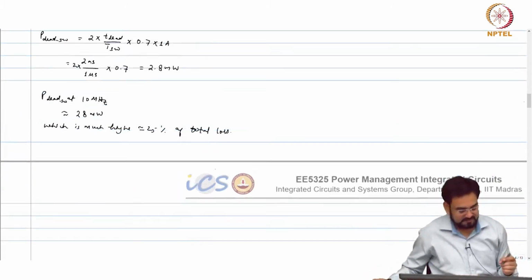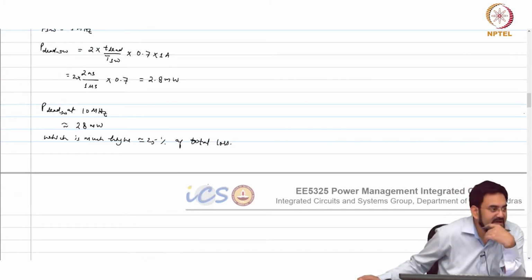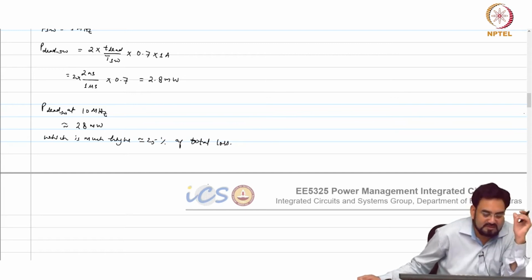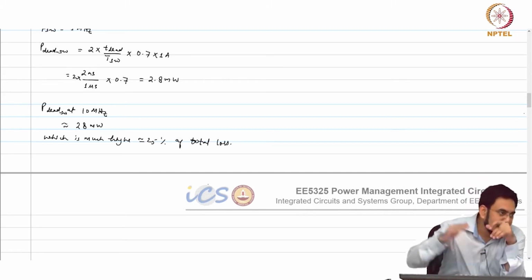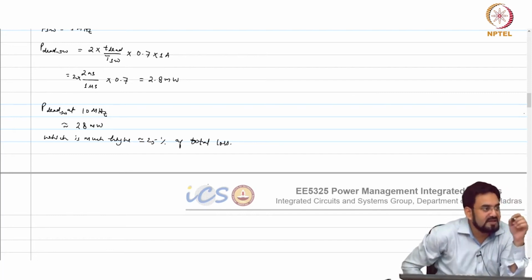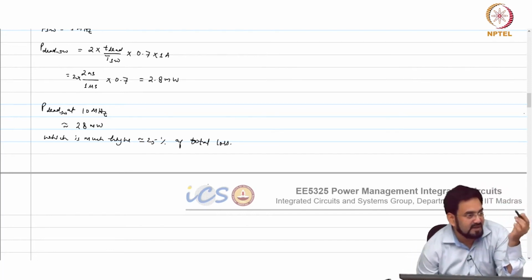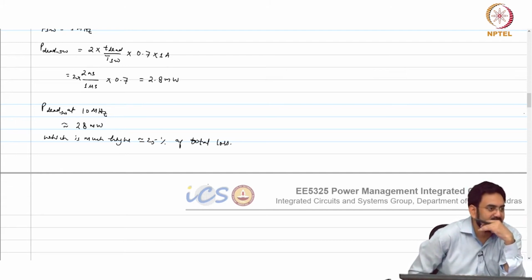But one thing you have to remember, when you operate at, let us say, 100 milliamp of current, then this will start dominating. So then you have to calculate. You have to make sure that throughout the load current you maintain that efficiency as flat as possible. It is not that at peak load of 1 amp you get 90%, and when the load goes to, let us say, 100 milliamp or so, your efficiency drops to 60% or 70%. That will not be acceptable.